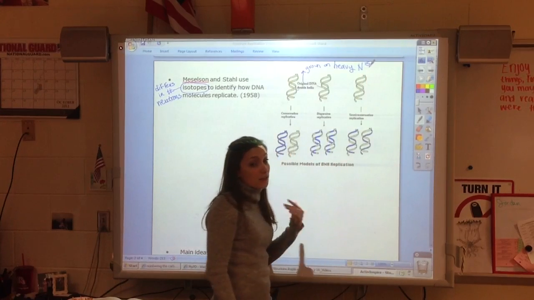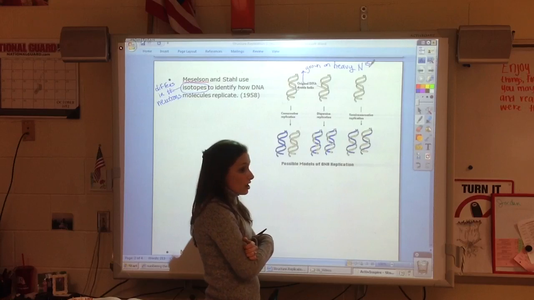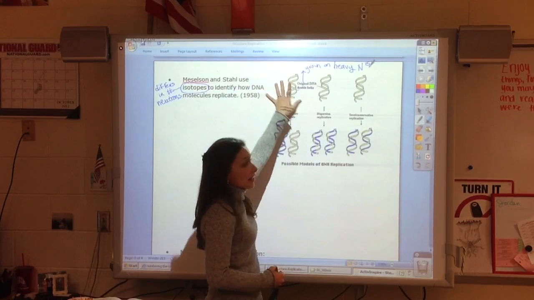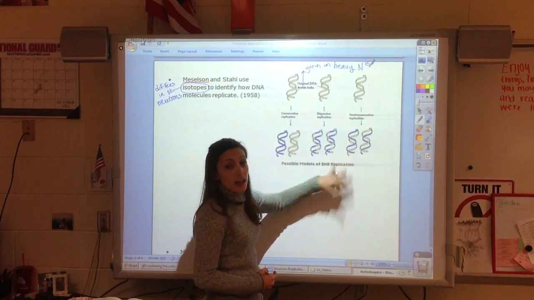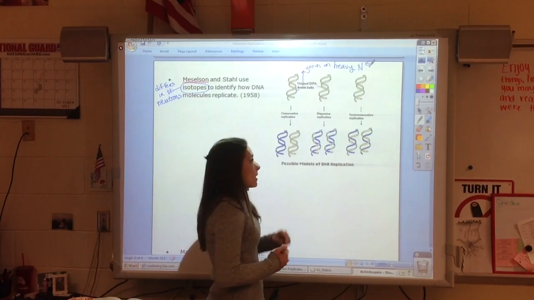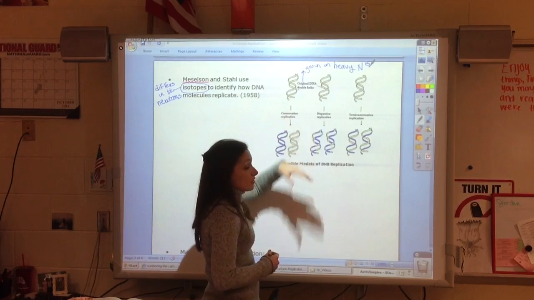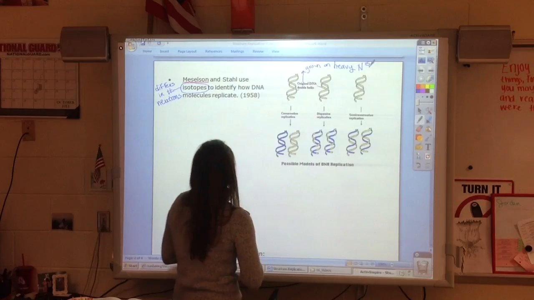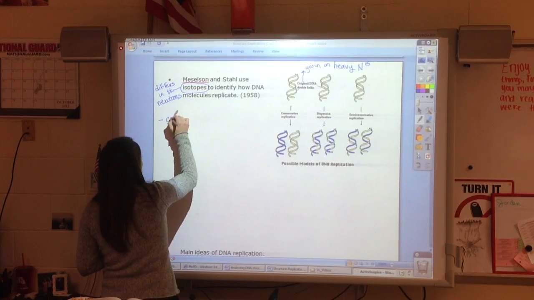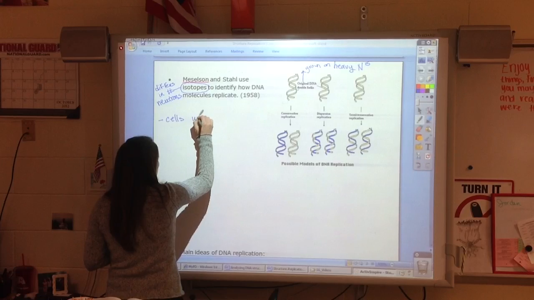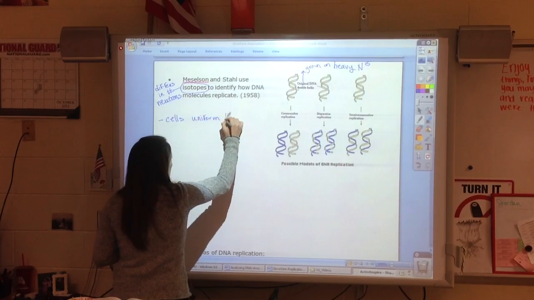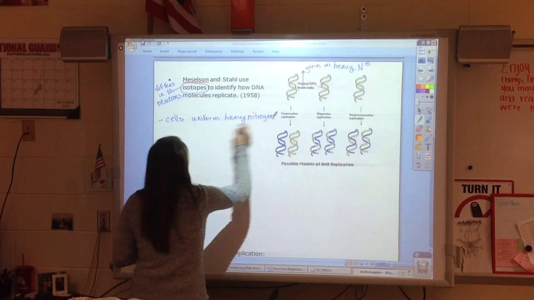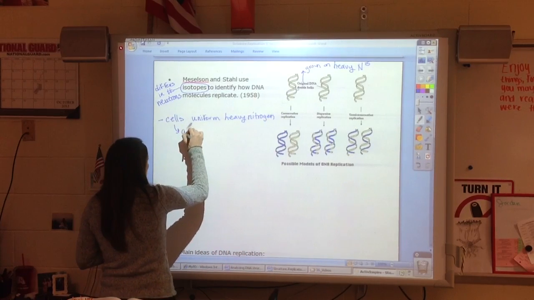Nitrogen normally only has 14 neutrons, and they grew it on heavy. So that generation after generation after generation all have this heavy nitrogen in the nitrogenous bases. And so what they were looking at, and there are really good diagrams usually in your textbook that go along with this as well, what they did is they took the cells that had uniform heavy nitrogen and they allowed them to divide